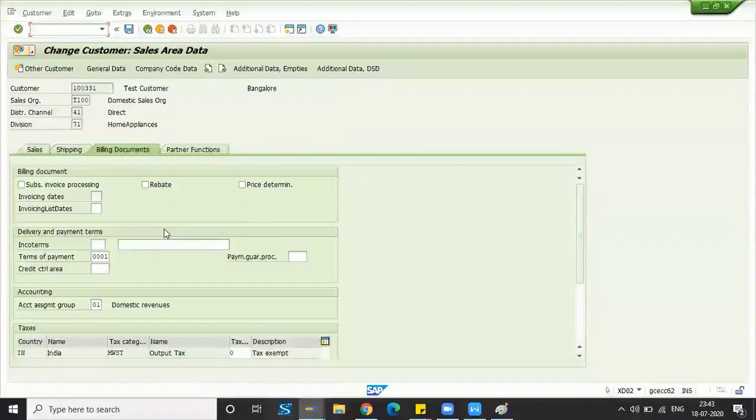Okay. I hope everything is completed. Invoice list, invoice date is there. Okay. Invoicing date means, suppose your customer is telling you about the invoices we are generating on